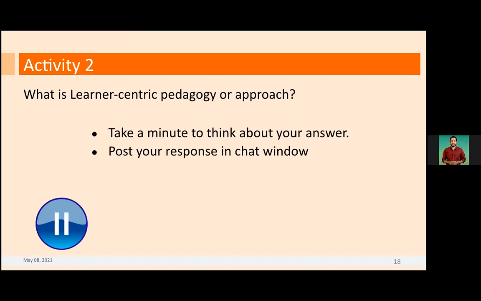Case study method, one-on-one interaction, related with real life problems, self-learning, interactive approach, activity-based method, flipped classroom. So just think about the way, as participants or teachers, we all are responding in a few keywords or phrases.